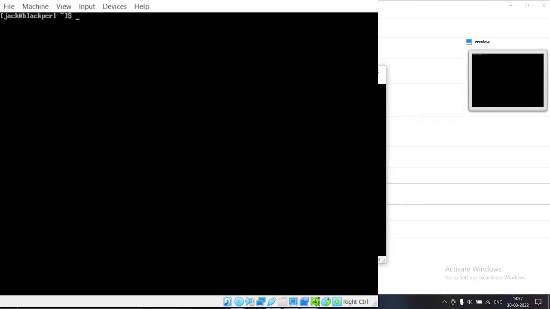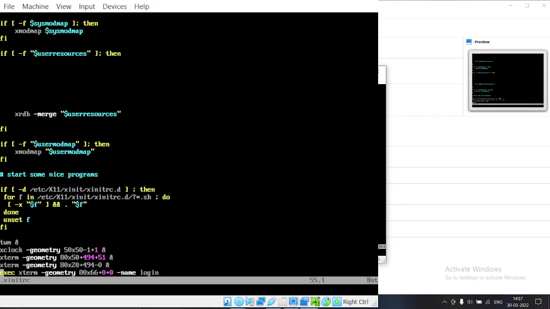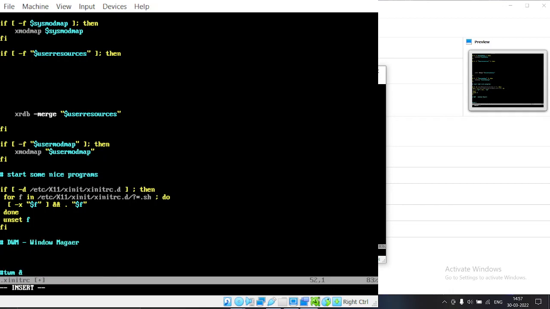So what we are going to do now is, you might remember we installed NeoVim. If you install Vim, you can go ahead and type vim. I am typing nvim because I installed NeoVim. We are going to edit this xinitrc, and we are going to go to the very last, and you can either remove or comment these lines. So I'm doing that, and after that I'll add a comment, DWM window manager, then I'll do exec dwm, exec stands for execute. So that should be it.